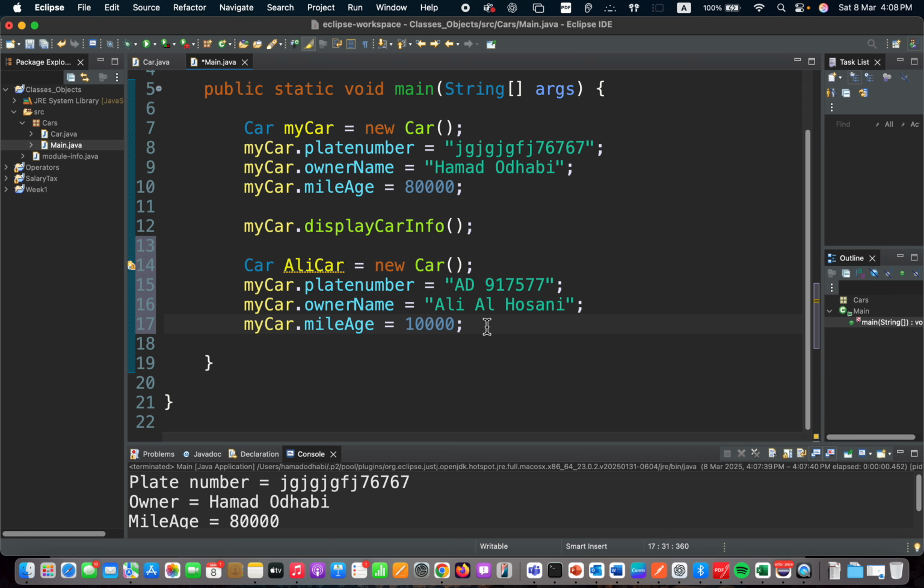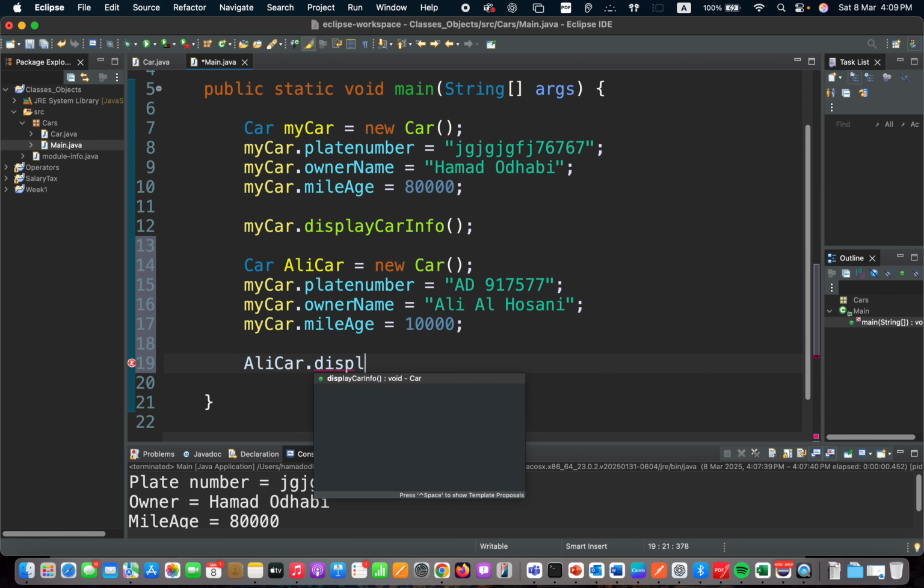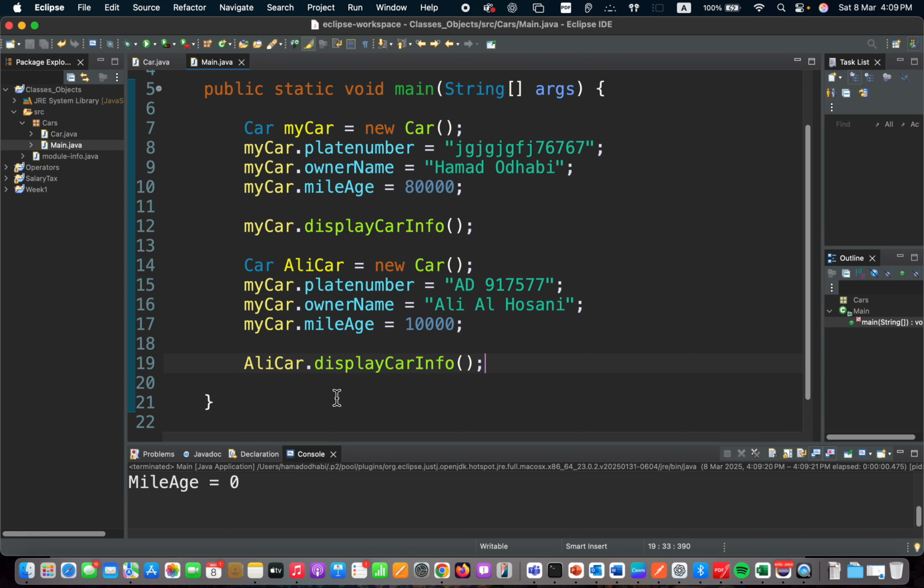Now if I want to know the details of Ali car, I need to use this one, Ali car dot display car info. And now what it's doing, it's going to the class car and calling this method. And you can now create so many car objects. Now if I run it now,